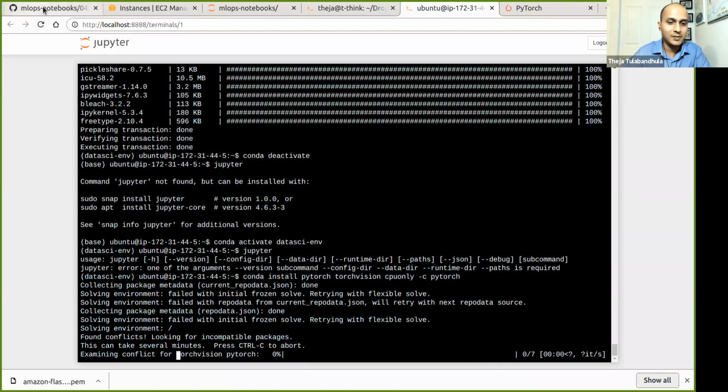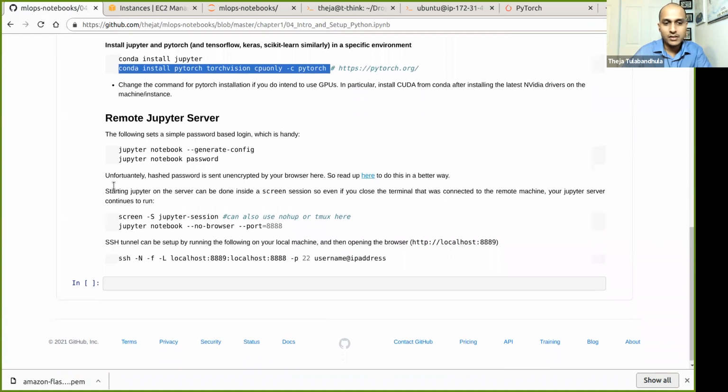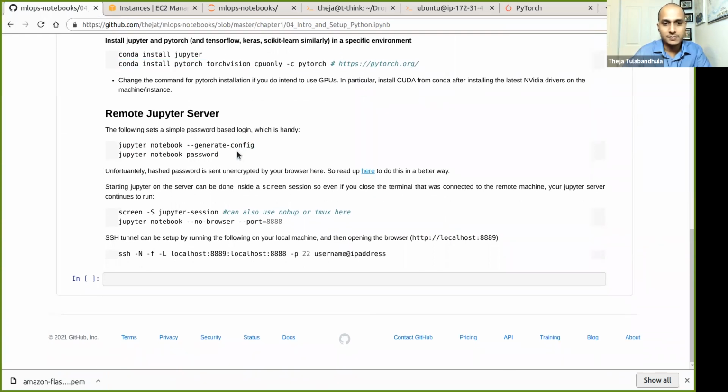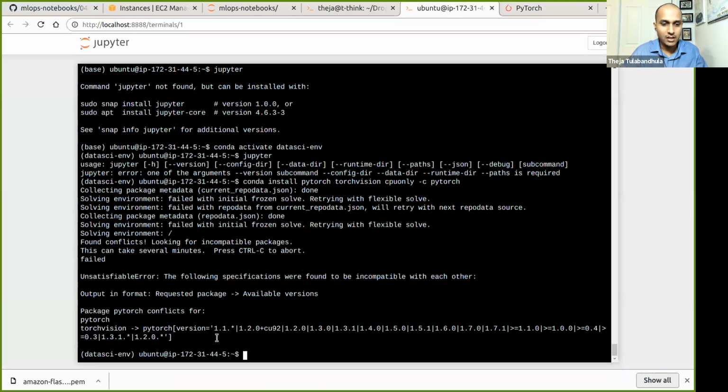Okay, let it run. In the meantime, what you're going to do is start Jupyter. Let's create a password, because otherwise it'll do some token-based authentication. So let's just follow these instructions here. Let's see what's the situation. Okay, so it says,